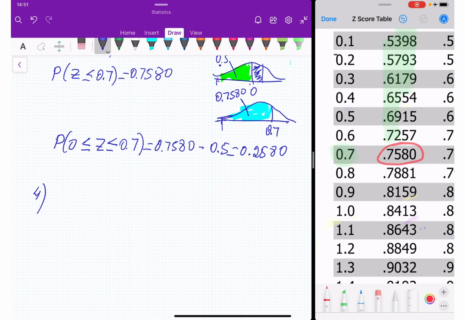So what do we have here? Question number 4. We are going to find in between again. So in this case, we have negative 1.6 and positive 1.3. Negative 1.6 and positive 1.3. So we need to find this area. That's what we need to find. So let's go for it. We need to find first